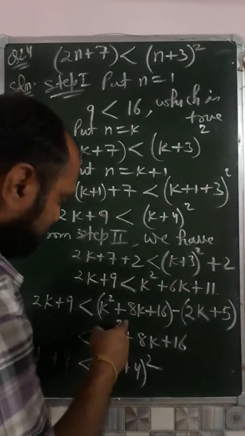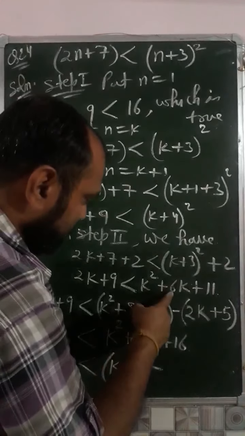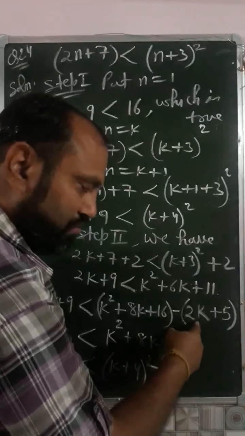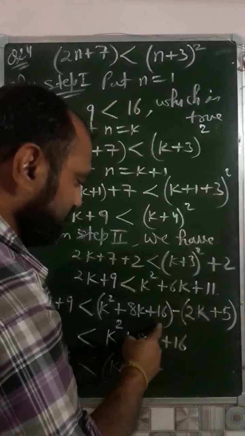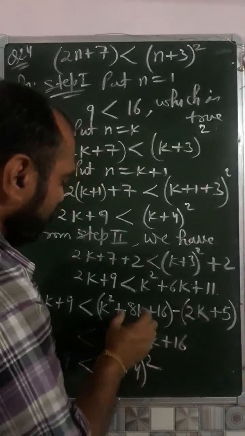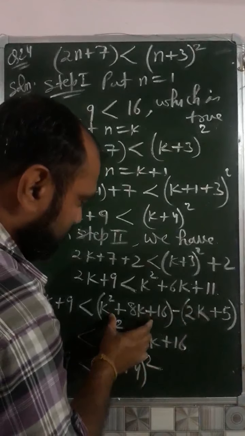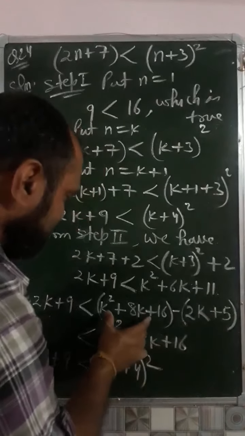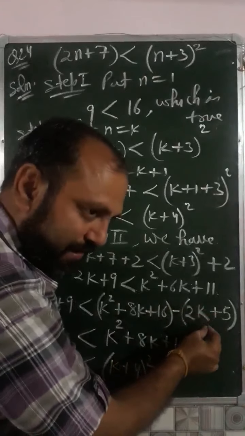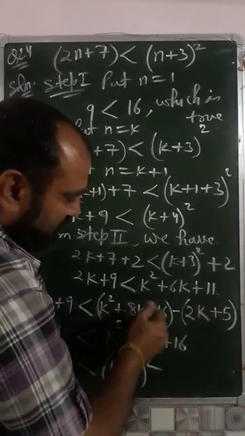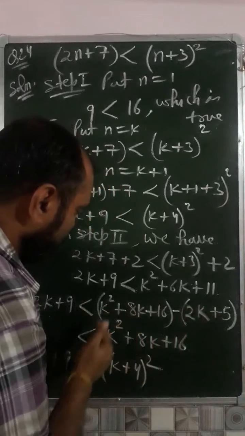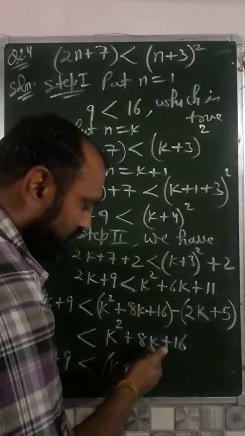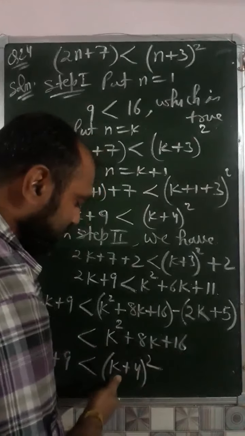Actually note this step. मैंने इस 6k को ब्रेक किया 8k minus 2k और 11 को ब्रेक किया 16 minus 5. So मैंने इस टर्म को अलग से कर लिया, इसको अलग से कर लिया. इसमें से कोई नंबर मैंने सब्ट्रैक्ट किया तो ऑब्वियसली इस नंबर से वो छोटा होगा, इसलिए मैंने उससे लिखा लेस देन k square plus 8k plus 16 एंड दैट इज k